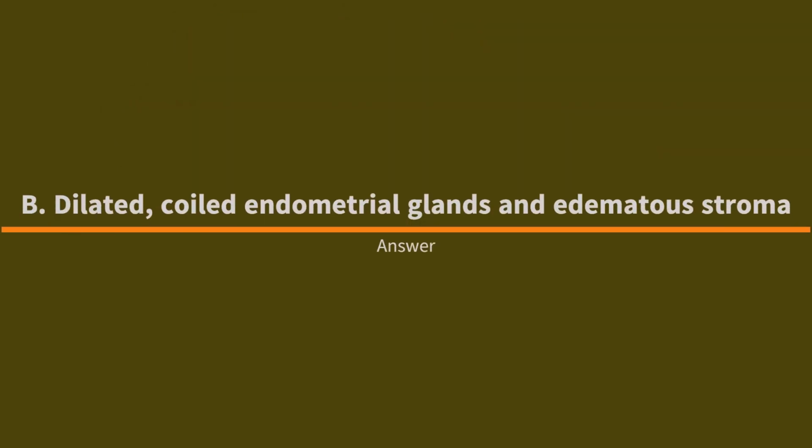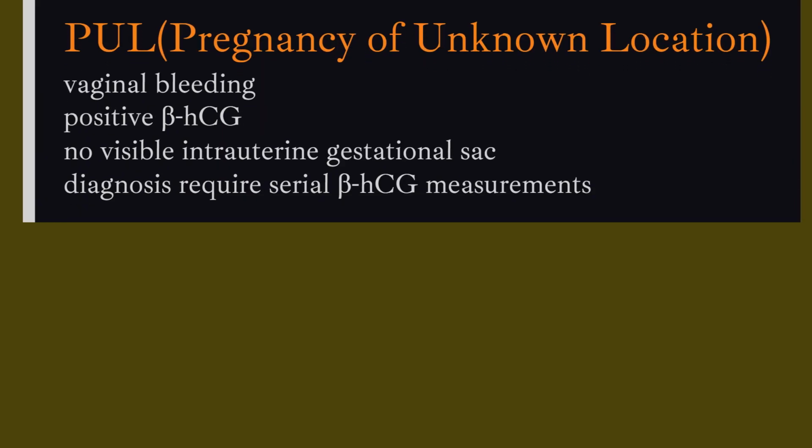Congratulations if your answer is B, which is dilated, coiled endometrial glands and edematous stroma. This question is designed with the focus to assess your ability to conduct laboratory and diagnostic studies. This patient with vaginal bleeding, positive β-hCG, and no visible intrauterine gestational sac has a pregnancy of unknown location, which